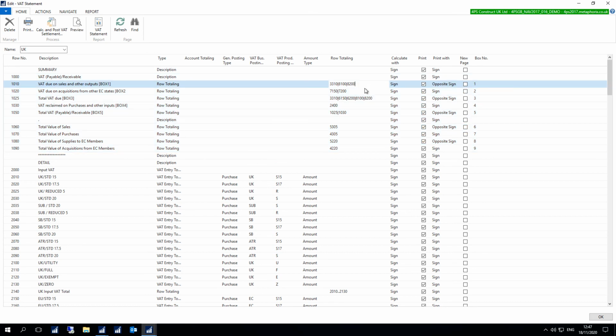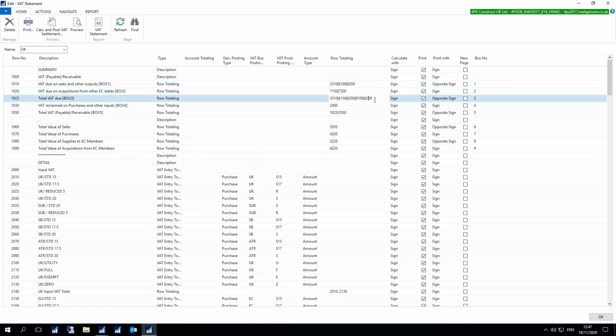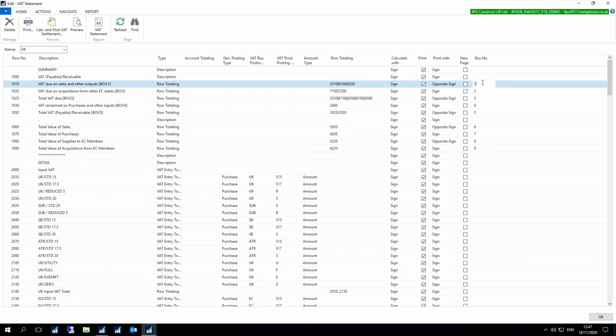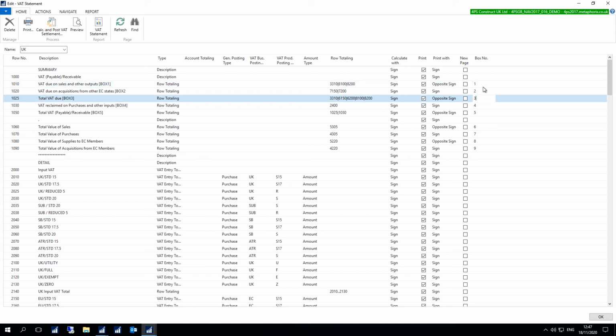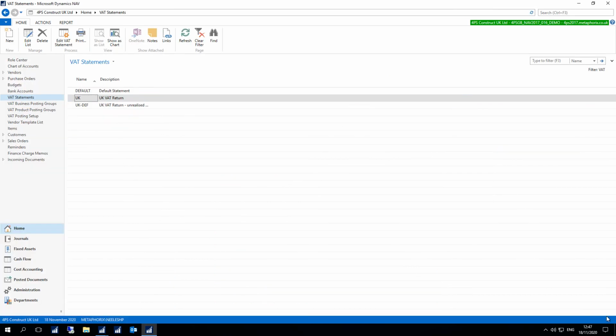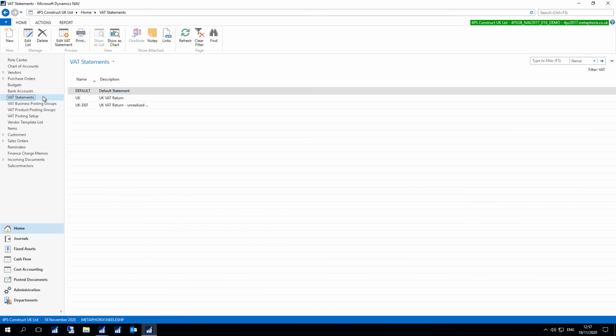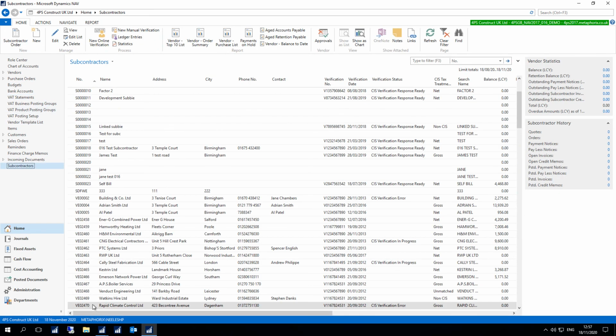So in this example, we have made changes to box number 1 and box number 3 to include the DRC lines, so that will pull through to the VAT return. Now that we've made these changes, we can turn our attention to updating the records. So if we leave this page, we can then navigate to the subcontractors list. And if we find a record and open the card, so if we just click on Edit,